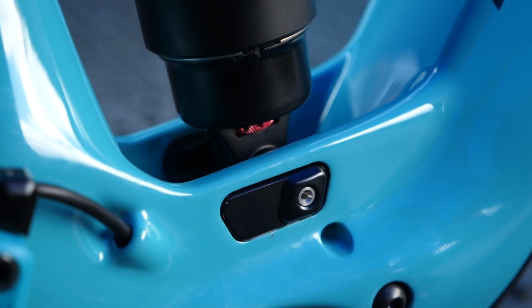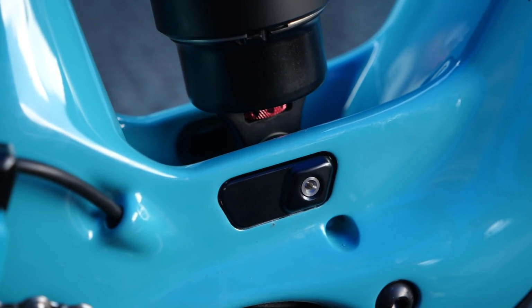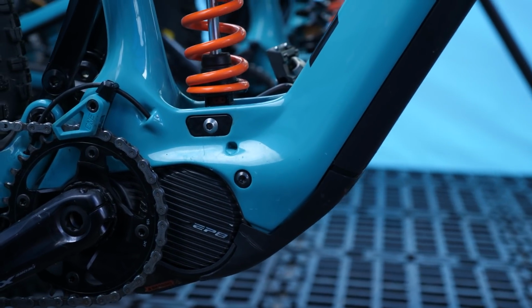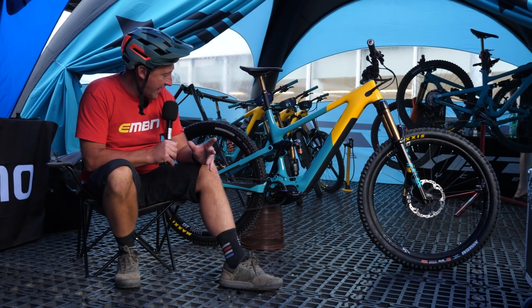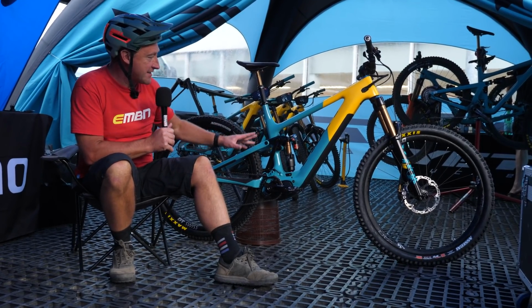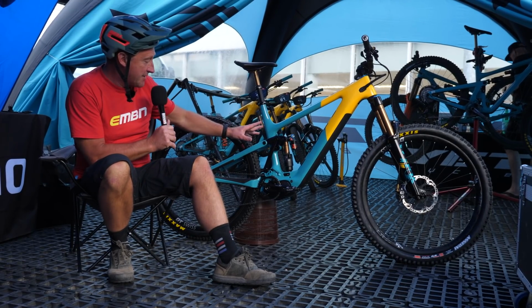Now, there's a possibility of running 3 different leverage rate settings on this bike, which means you can actually custom tune the bike, such as the liveliness of the bike, and also there's the option of running a coil or an air shock. Now, this isn't Gared's bike, this is Shaun Hughes' bike, who's...